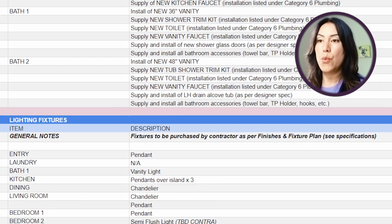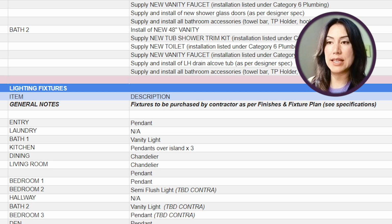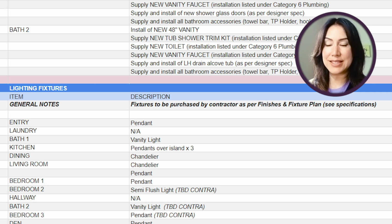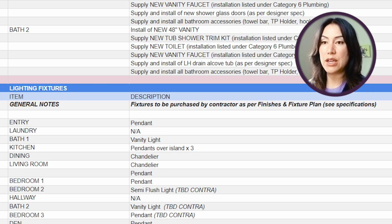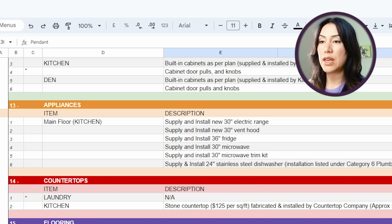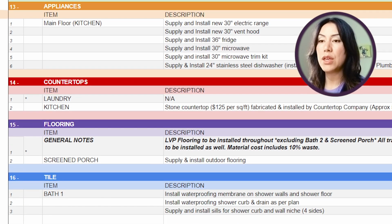Lighting fixtures. When you have your finish and fixture schedule, this is going to be a different document that is like an appendix to your scope of work. That's going to note all of your lights, all of the fixtures, hardware, etc. So this clarifies exactly which item is going where, just in case there is any doubt. You've got custom millwork for your kitchen, any cabinetry that's specially getting done for the space. Appliances, noting all the appliances that we're going to add into the project. Countertops, flooring,